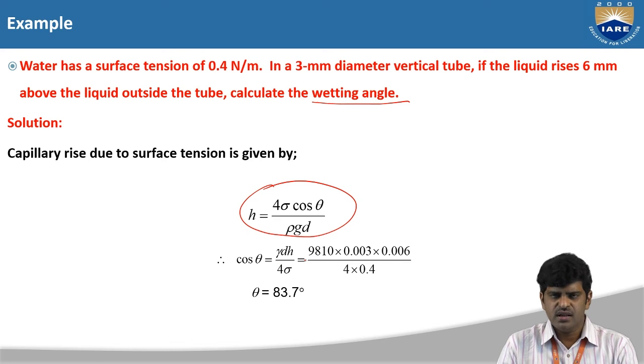Here rho is already known; it is the mass density. Since it is water, it has been given directly, and we are going to use the universal constants. And d, the diameter of the tube, has been given as 3 millimeter, but it is suggested to convert it into meters, that is 3 over 1000, that is 0.003.